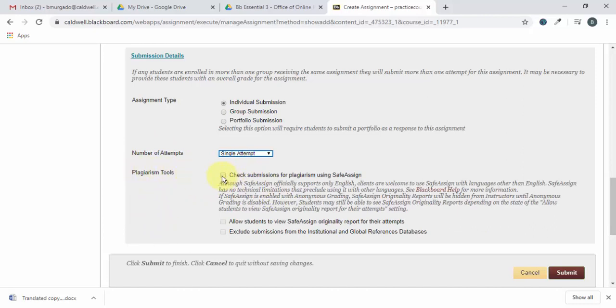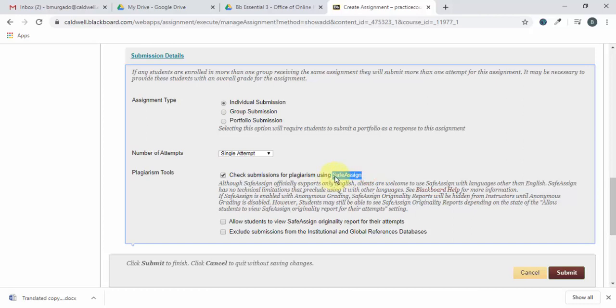So if you check off this checkbox, you're ensuring that the Safeassign, which is this feature that we have here that checks for plagiarism, is enabled. So Safeassign is very similar to Turnitin, and it's already incorporated with Blackboard, so there's no need to go into this other website for you to use any kind of plagiarism tool. Safeassign's integrated with Blackboard, so once your students submit their paper, it might take a couple of minutes